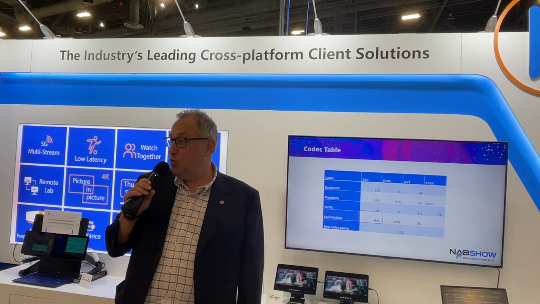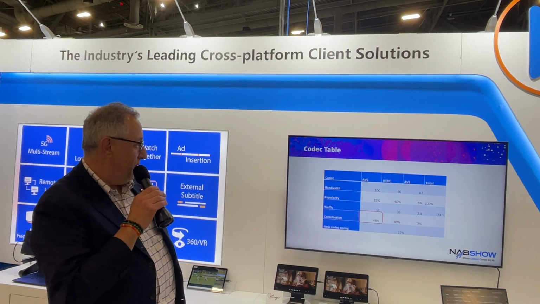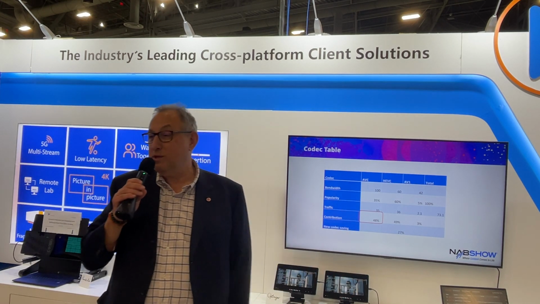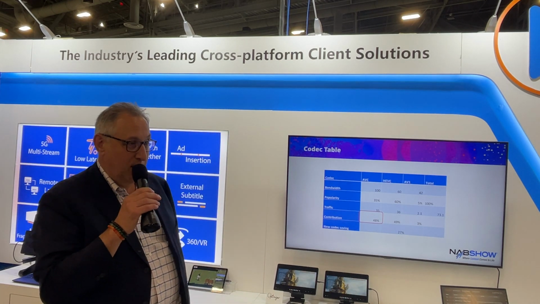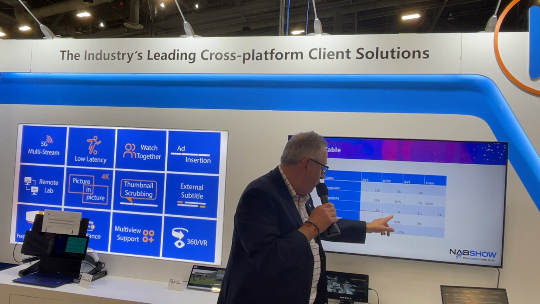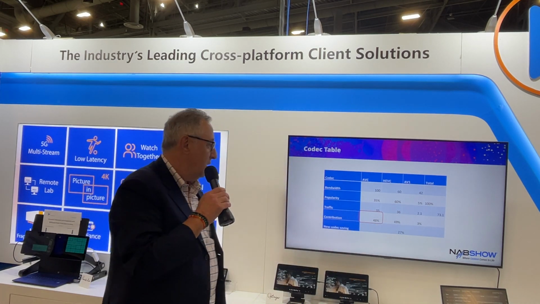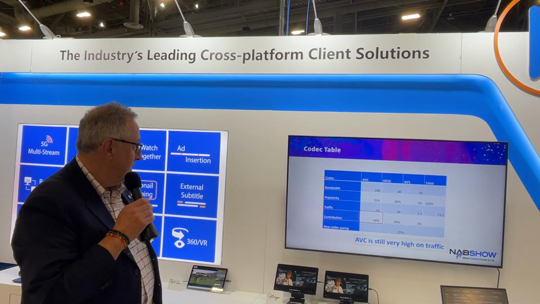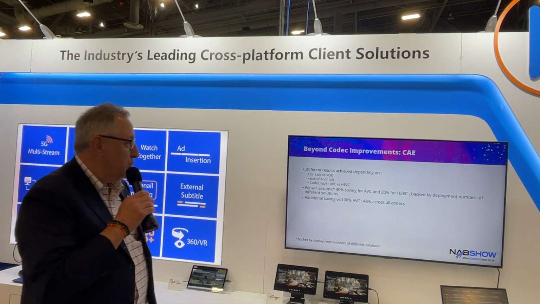AV1, everybody gets quite excited. Young and I came back from the AOM party. Look at the saving very high, look at the popularity very low. At the end we talk about 3% of the internet traffic, meaning don't try to optimize the traffic on a new codec. You are wasting your time. If I look at the contribution of the different codecs, the new codecs, HEVC and AV1, is 27% saving versus the base of AVC. It's not bad, but it's not enough. So AVC obviously is still very high on traffic, and that's what we need to look at.